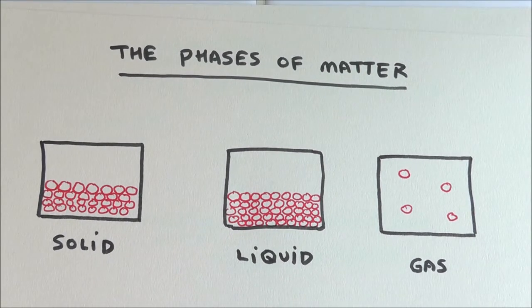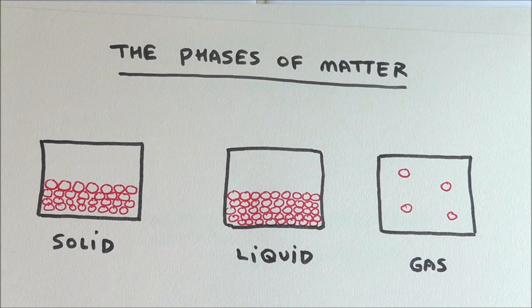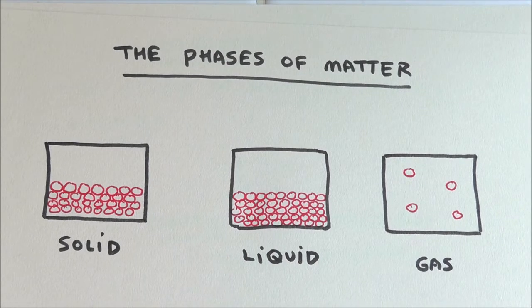So let's talk about the three phases of matter. And what I'm going to do is I'm going to take a little bit more time here and try to explain to you, if you could see molecules, what would be happening. Of course, you know, you can't see molecules. If you were able to see molecules, you'd probably be working for the government in a secret capacity. But it always helps to use your imagination in chemistry, because we go flashing back and forth between what we can see and observe and what's actually going on at the molecular level.